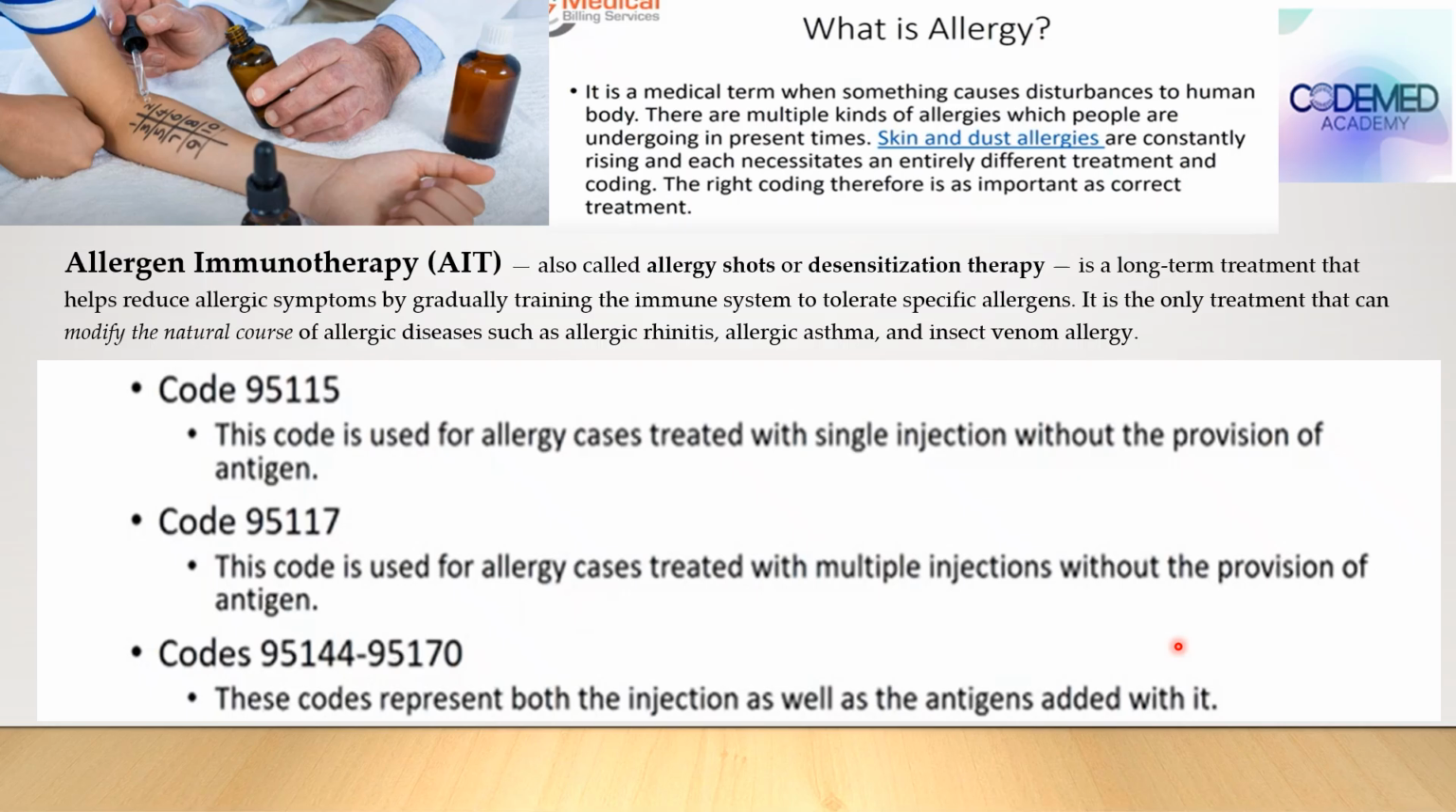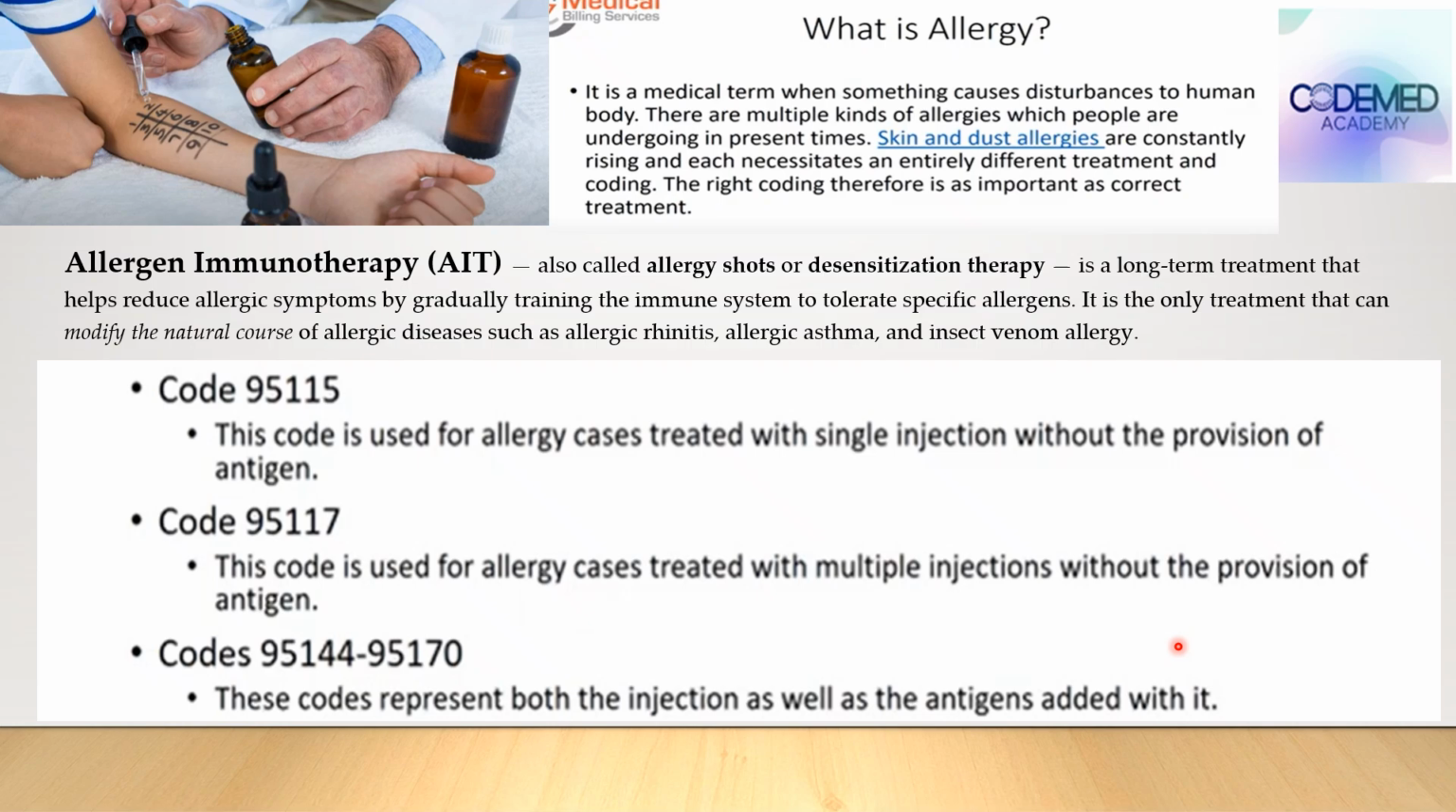Now let us look at what we mean by allergen immunotherapy. It is also called allergy shot or desensitizing therapy. It is a long-term treatment that helps reduce allergic symptoms by gradually training the immune system to tolerate the specific allergen. It is the only treatment that can modify the natural course of allergic disease such as allergic rhinitis,